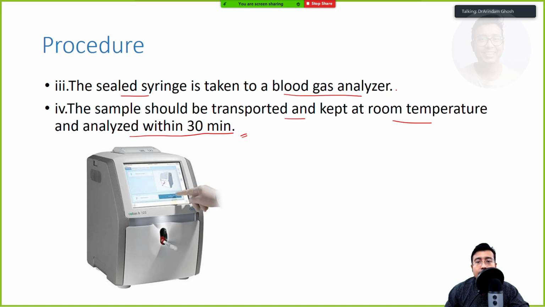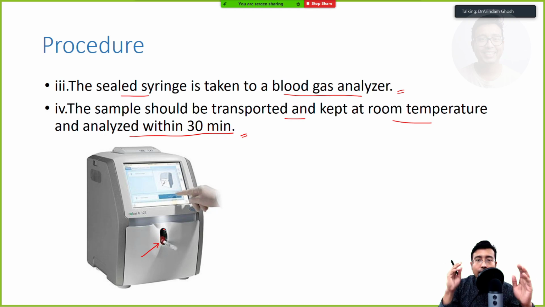So the syringe is sealed and it is directly inserted in the blood gas analyzer. See, this is an ABG machine. Normally, in case of other routine blood samples, what do we do? We transfer the blood sample into a vial, and from the vial we use a pipette to draw serum and put it in the autoanalyzer machine. There are containers known as sample cups. But in case of the ABG machine, we can't allow that, because while transferring into the vial, it may clot and air will get mixed. When transferring with a pipette, everything will lead to air contamination.